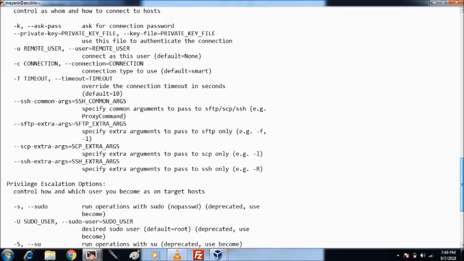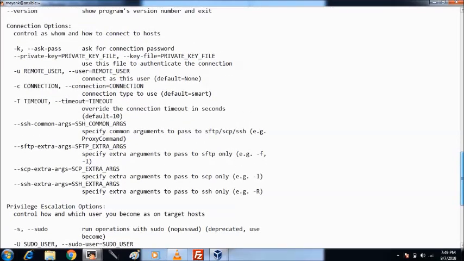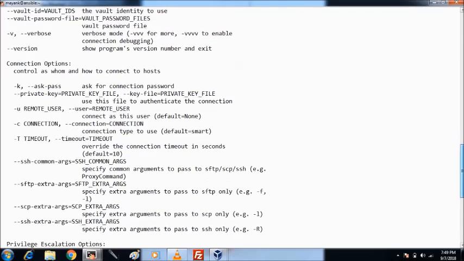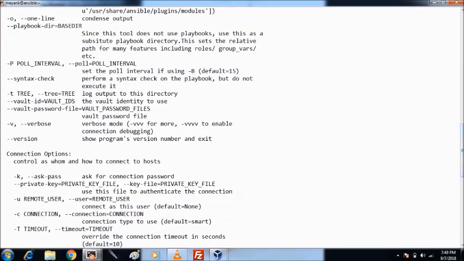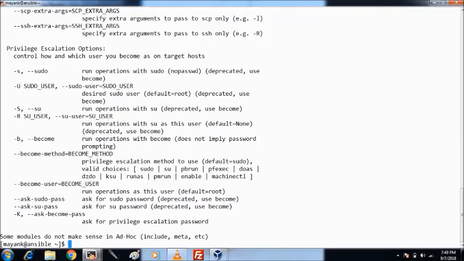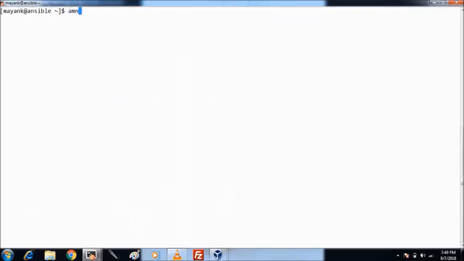If I say where is syntax check, you are seeing it. There's an option whereby whatever playbook you have written, you should check whether it is correct or not with this syntax check. So I'm just checking my syntax. ansible-playbook